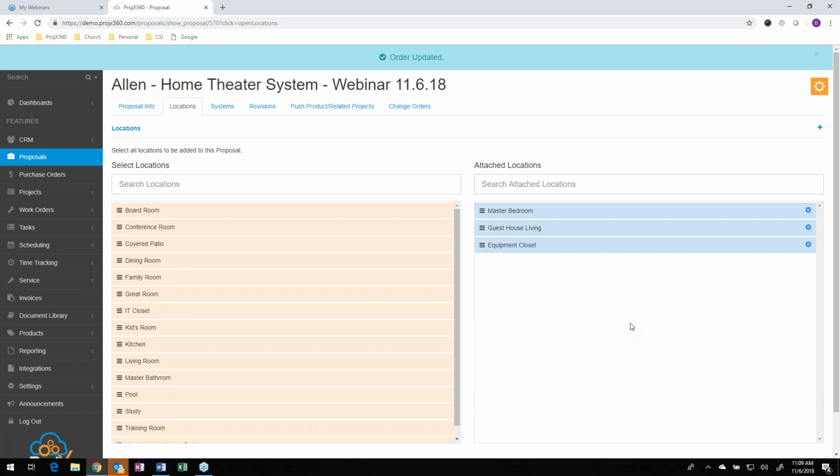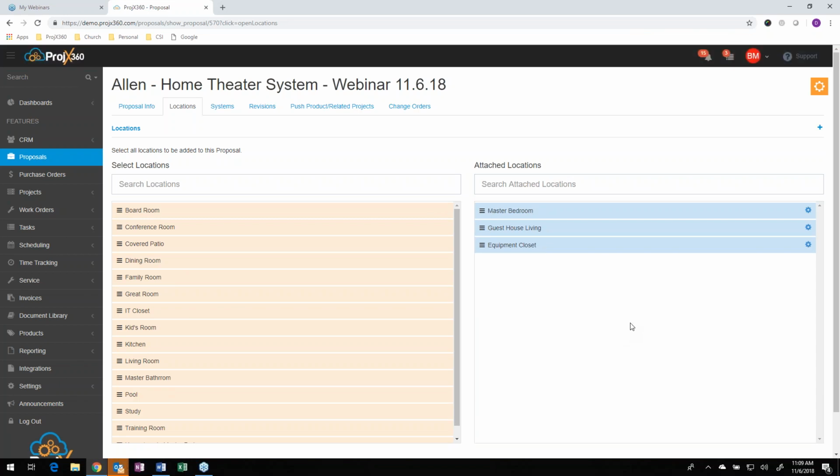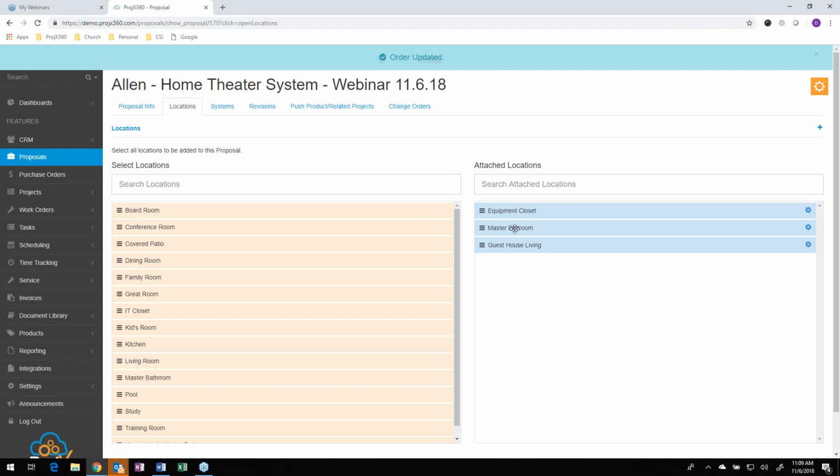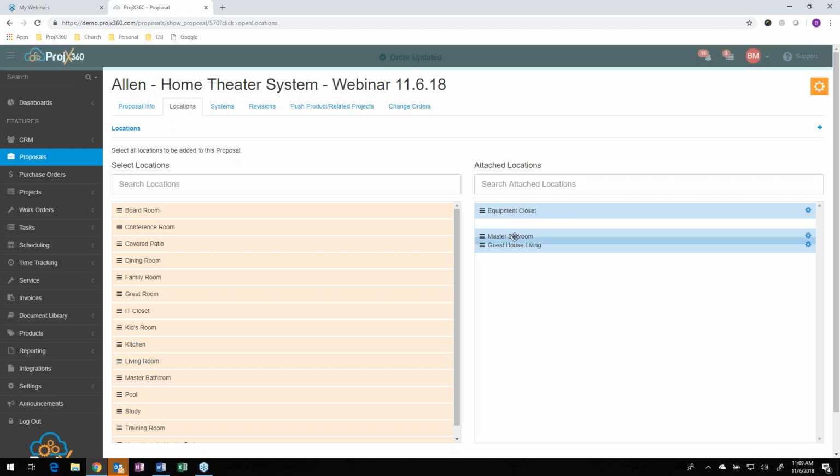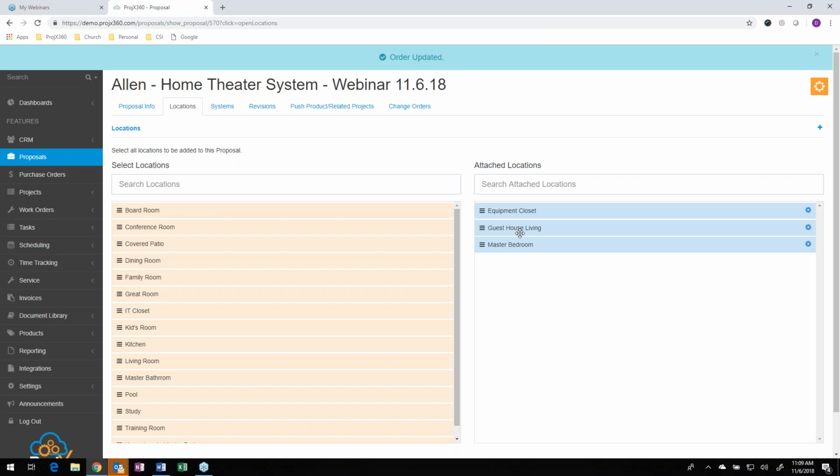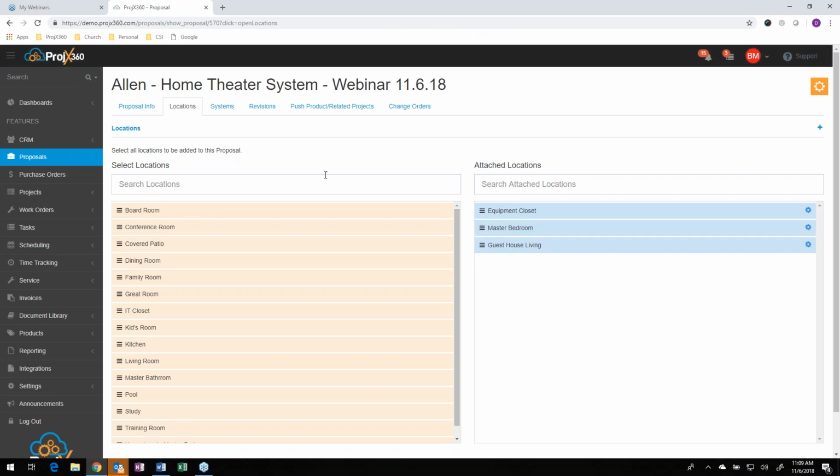If you have something very specific to this proposal that you don't want to add to your database, you just want to add it to the proposal, all you have to do is click that plus symbol right here, and it'll add it just to the proposal itself. And then keep in mind, you can also drag and drop the order you want